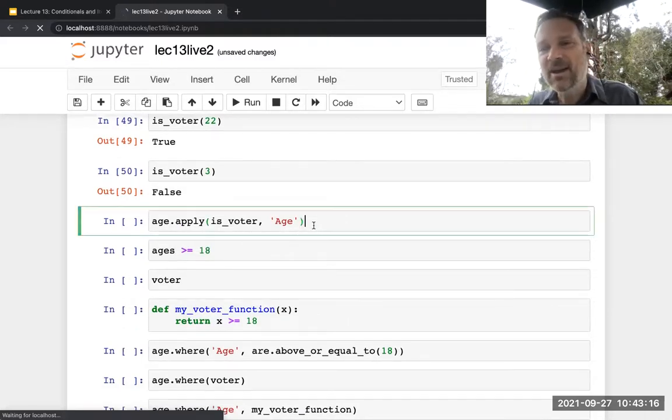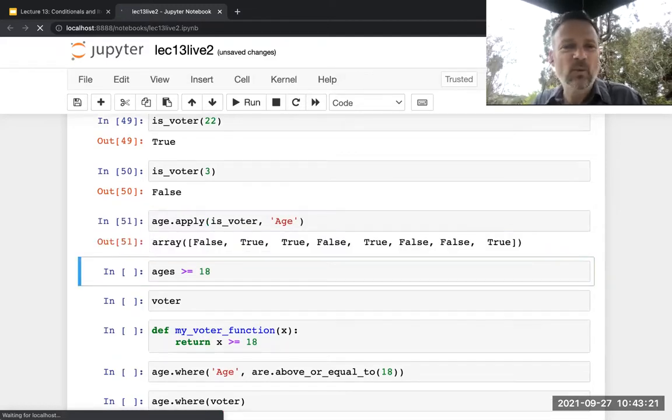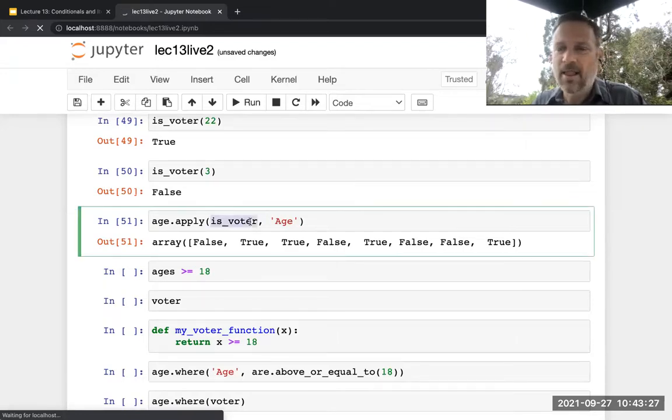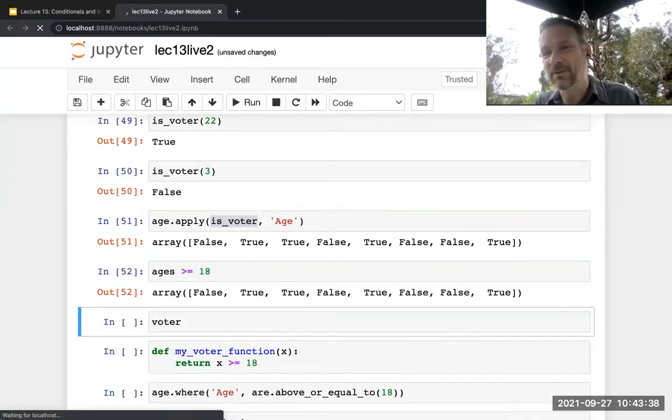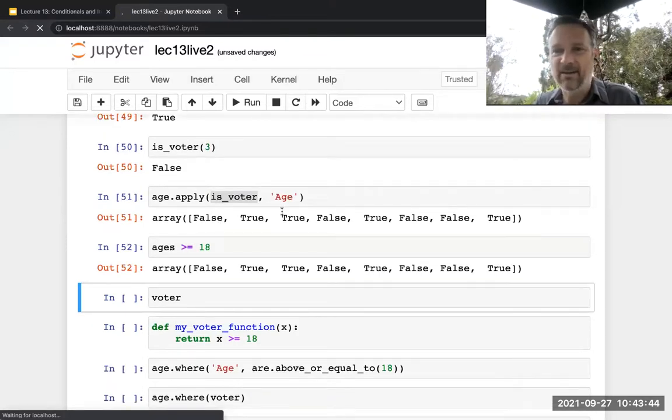You can now see how under the covers the where operation works. What it does is use the apply operator to apply this matching condition to each item in the column of the table to get an array of trues and falses. That's the same array of trues and falses we got before with an array operation. And then it uses where with that array of Booleans.